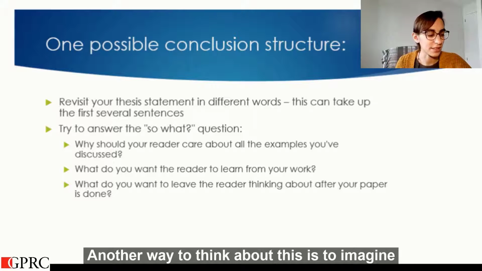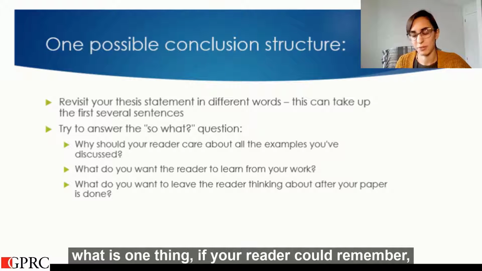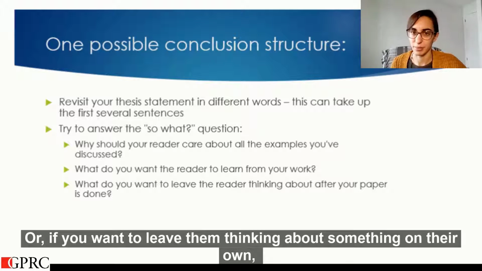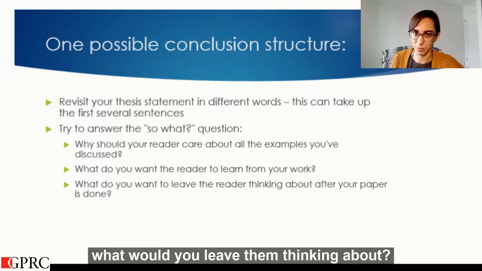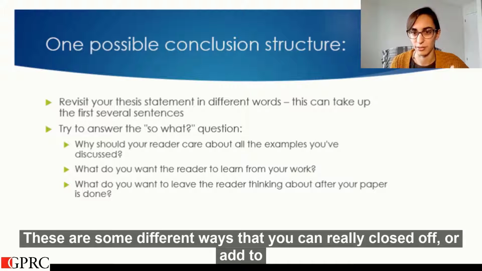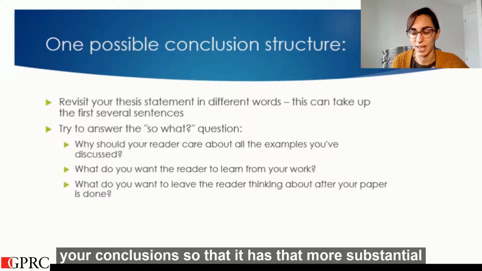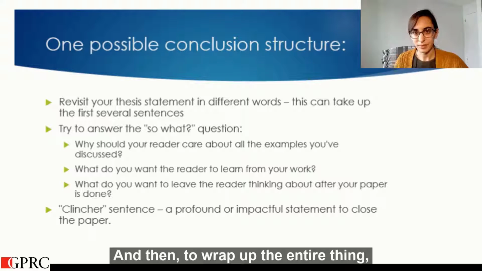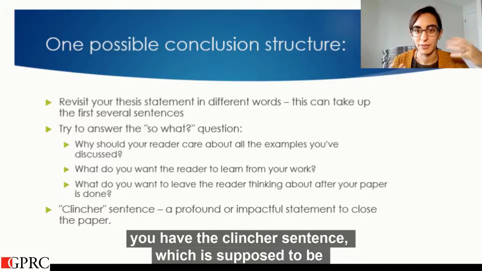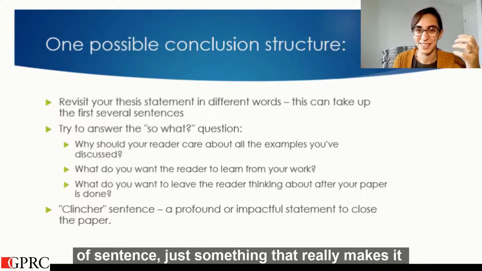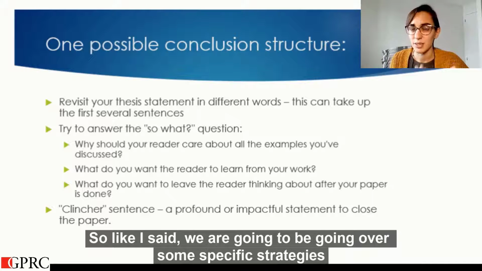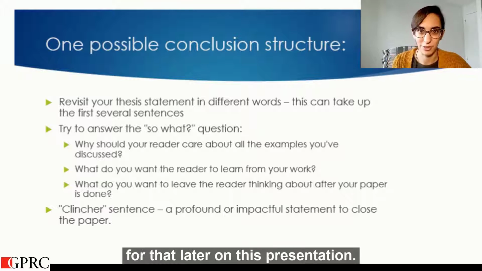Another way to think about this is to imagine, if your reader could remember one thing from this paper, what would it be? Or if you want to leave them thinking about something on their own, what would you want to leave them thinking about? These are some different ways that you can really close off or add to your conclusion so that it has that more substantial takeaway for your reader. And then to wrap up the entire thing, you have the clincher sentence, which is supposed to be a more profound or punchy type of sentence, just something that really makes it feel like the paper has concluded. This can be one of the trickier parts to write, so like I said, we are going to be going over some specific strategies for that later on in this